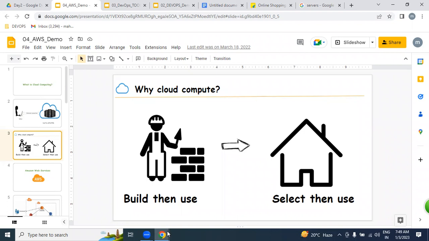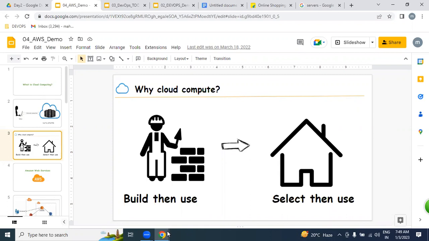Just for reaching the railway station, are we going to buy a car or rent one? Which is easy for you? Rental. If you want to buy a car, it may cost more than 10 lakhs. Moreover, we require a driving license, RC copy, pollution check, a driver, and maintenance every month. It is a lot of headache. Instead, just book a cab. Within 10 minutes, the car is available at your doorstep. Get in, reach your railway station, pay the tariff, and your issue is resolved. Which is better for us? Always a rental car.